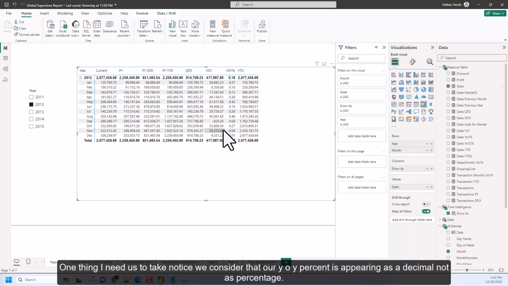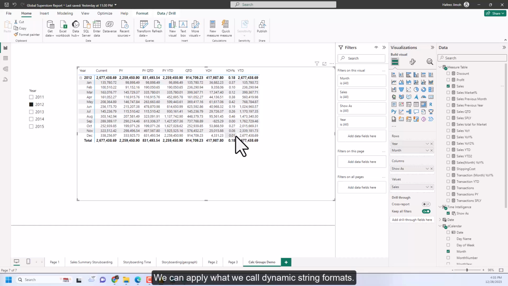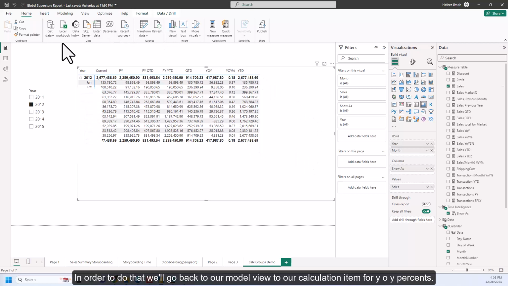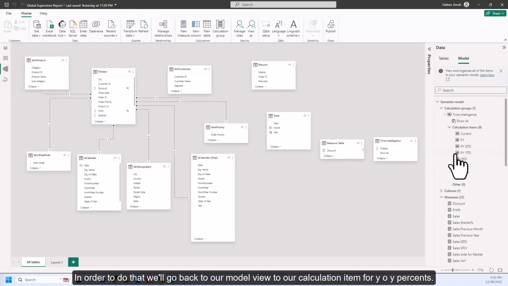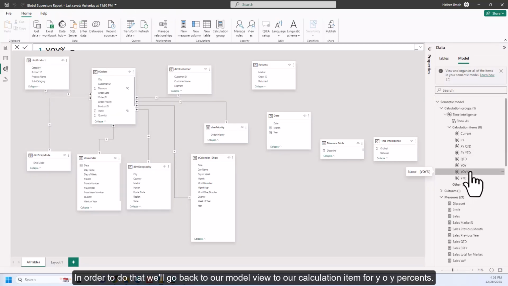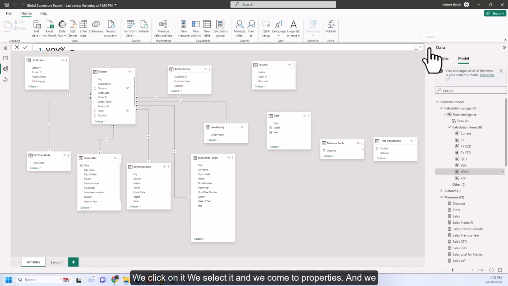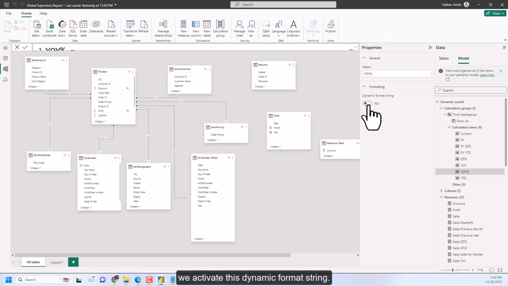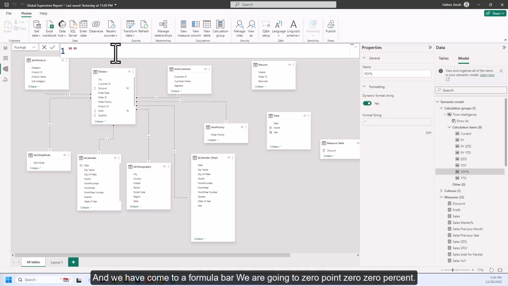Good. One thing I need us to take note of is we can see now that our YOY percent is appearing as a decimal, not as percentage. We can apply what we call dynamic string formats. So in order to do that, we go back to our model view, to our calculation item for YOY percent. We click on it, we select it, and we come to properties, and we activate this dynamic format string, and we come to our formula bar, we are going to have